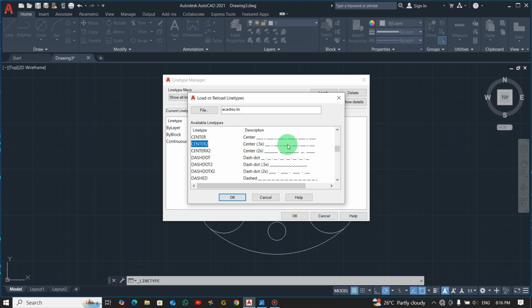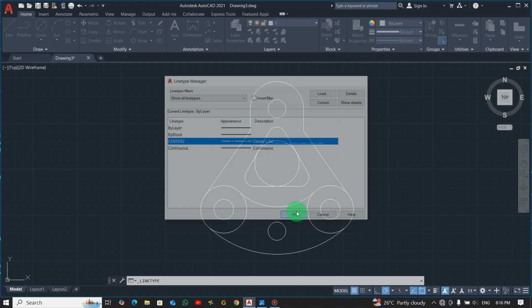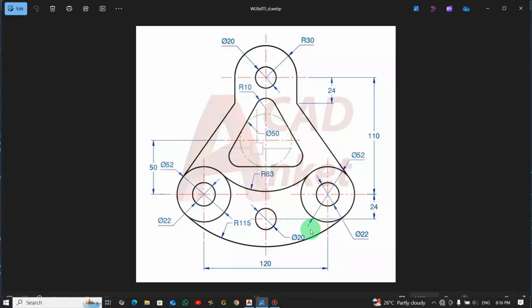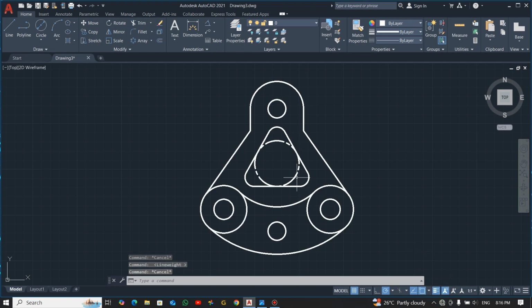Now you select the short dash that you want. I prefer this one. Click OK. Now click it from here, then click OK. Select the circle again, and then come here and select it. Okay, so you can see it's now there. Now everything is done. So what you can do now is add our center marks, but before then let me reduce the